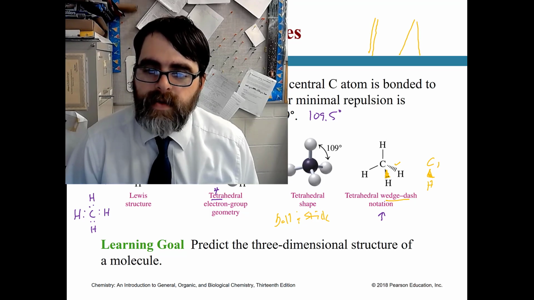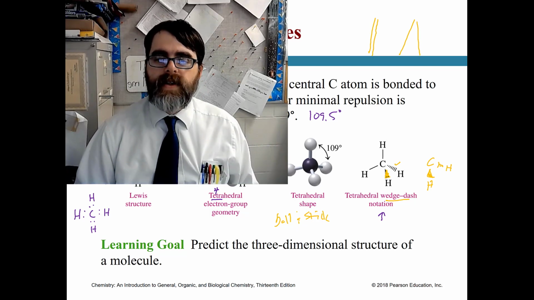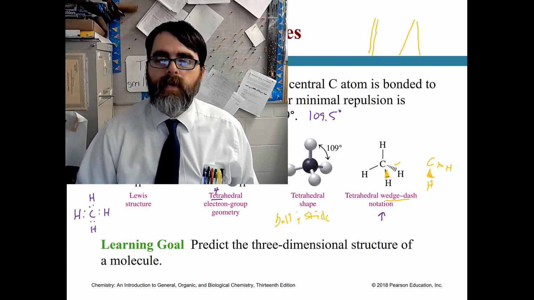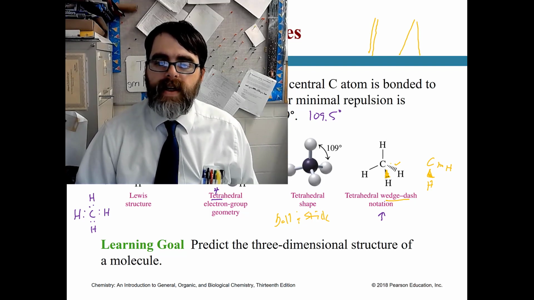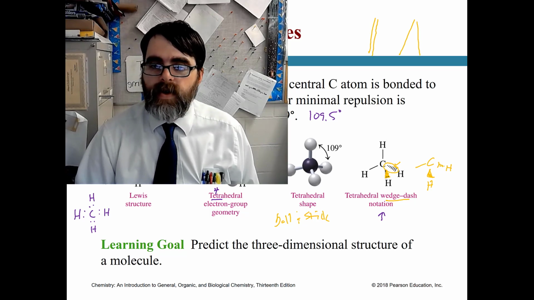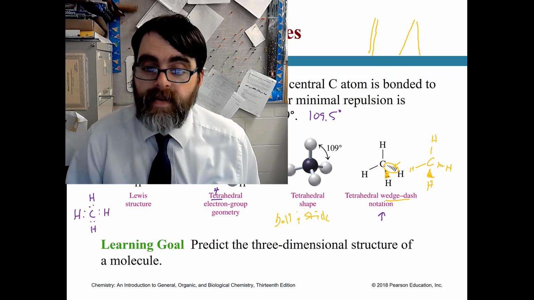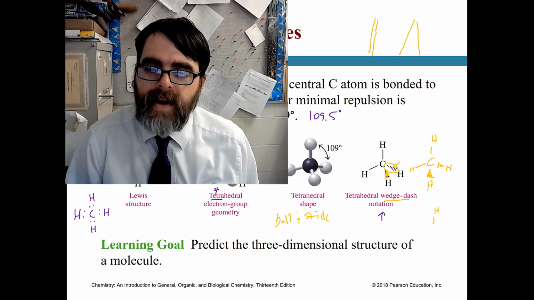it will do the dashes with the long part of the triangle towards the carbon and the short part away from the carbon. So here we're saying that the hydrogen is closer and the carbon is farther away, but then here with the dashes with the wide side being at the carbon, taking this one and turning it around, we're saying that the carbon is closer to you than this hydrogen, and then we draw the other two in the plane as they are. I've even seen a lazy version of the wedge dash notation that does a dotted line